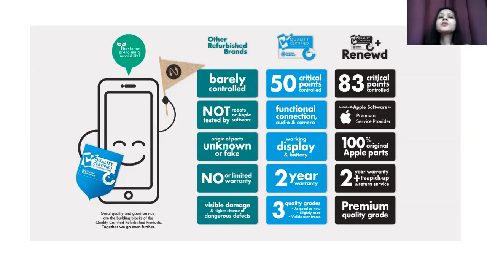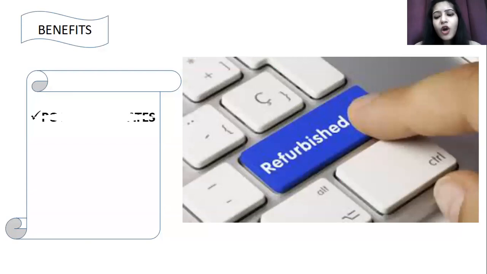Now let us talk about the benefits of having a refurbished product or a pre-owned gadget. Number one is the pocketable rate you get to have. Gadgets which have once been pre-owned are now available at pocketable rates. Refurbished products are usually not as expensive as brand new products. Brand new products are quite expensive once they are launched for the first time, but the same product in the refurbished category is quite pocketable, and less expensive.